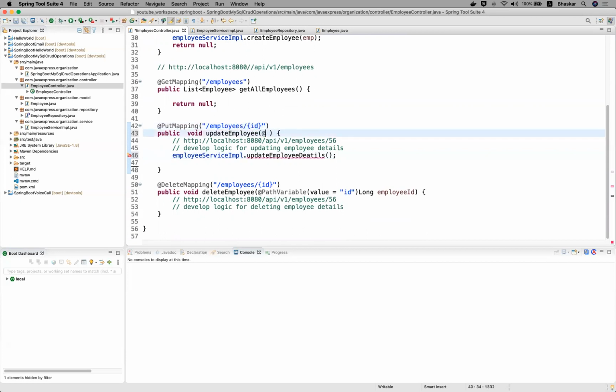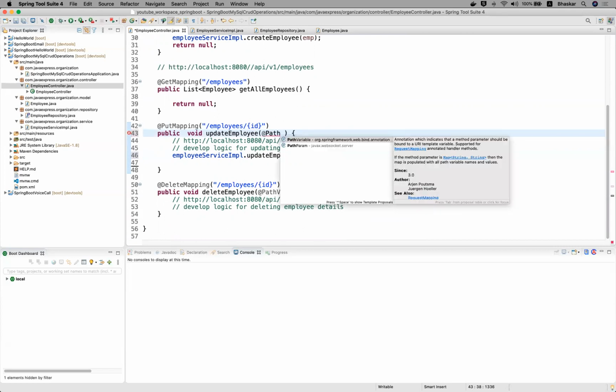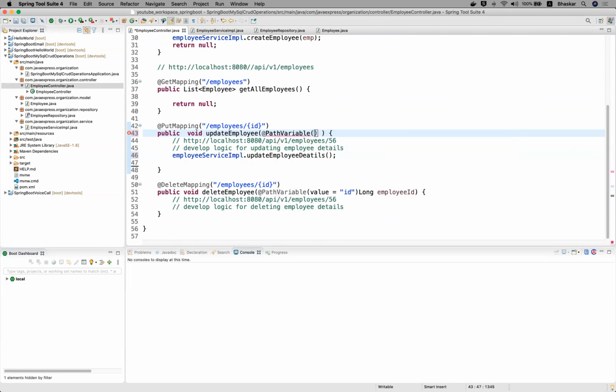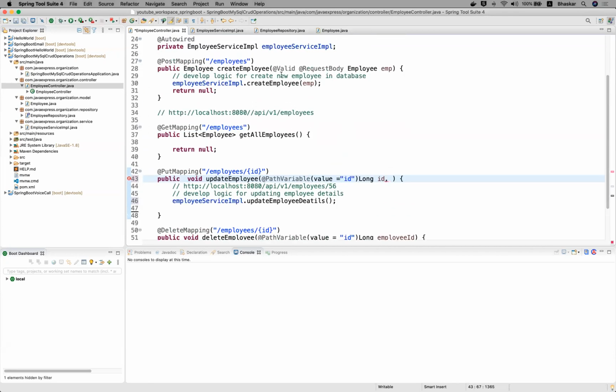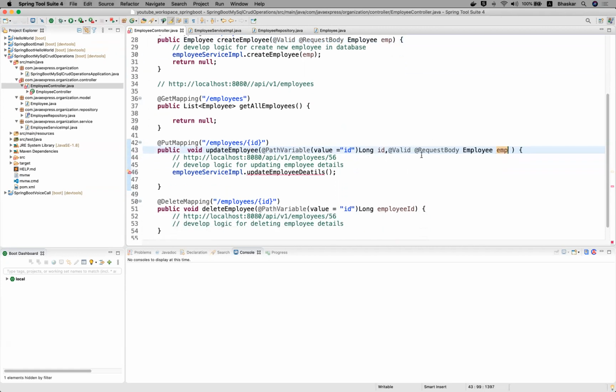Okay, now this is dynamic, so you need to use a path variable. You can use Ctrl+Space, and you will get @PathVariable. In this path variable, you can mention your value, which id you want to pass here. Now try to see here, value equal to id. Now I'm taking the data type of the id as Long, and one more, you want to pass your employee object details. Now you know about the post mapping, just go ahead and copy these details here. That's it. This is your input, and the same input I want to pass to your service layer.